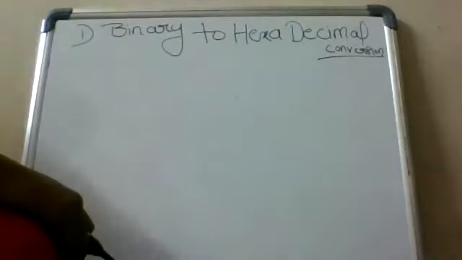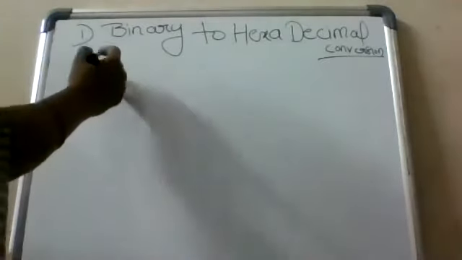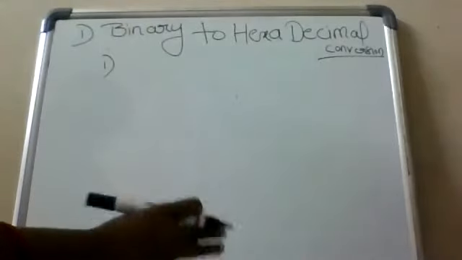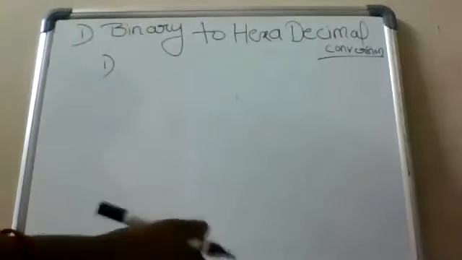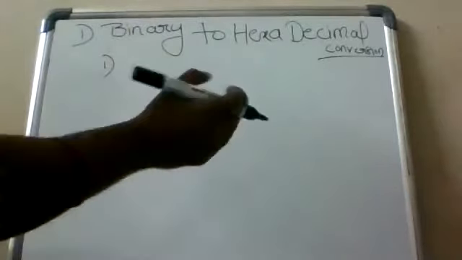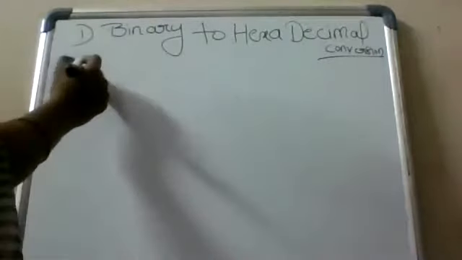Binary to hexadecimal conversion. The first point is to divide the given number into 4-digit parts, from right side to left side. For example,